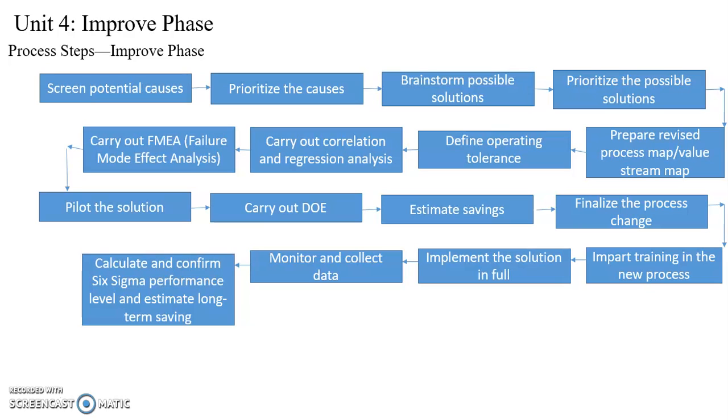And the next step is to monitor and collect the data. During the first week of operation of the revised process, the team must focus on stabilizing the operation and also monitor the progress. Ensuring stability is by means of monitoring and recording the inputs and outputs, making sure that the output variables are consistent with the planned parameters. The team may make use of the run chart to monitor the process output. In case the team finds some variation in the process, the team investigates and eliminates any special causes.